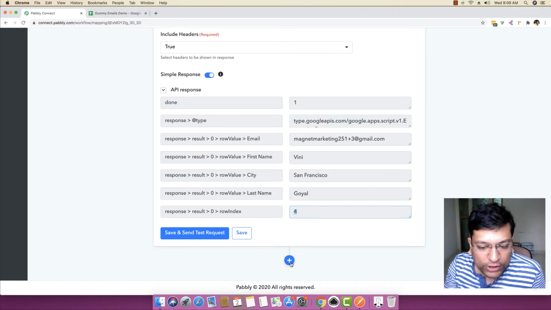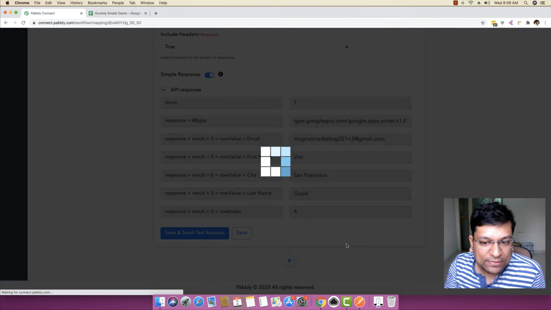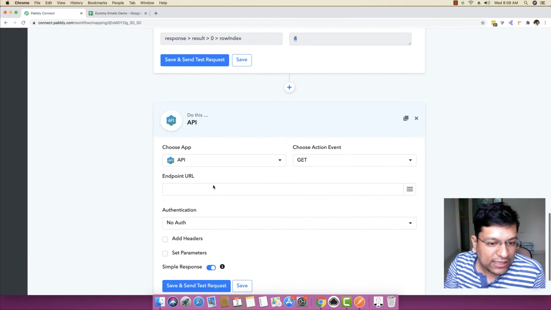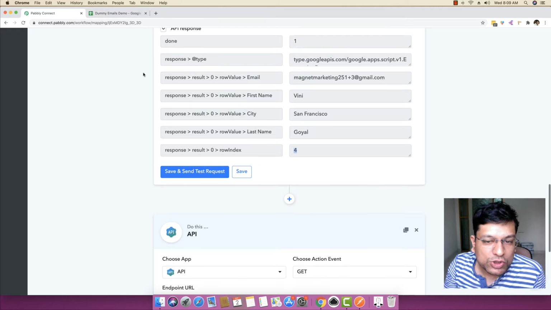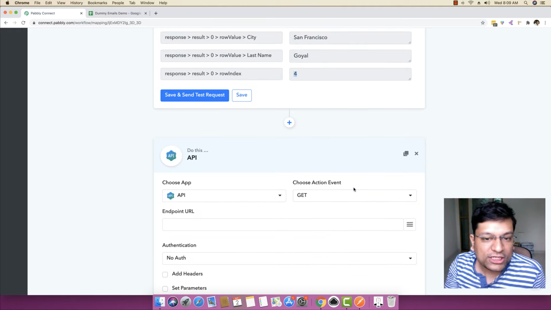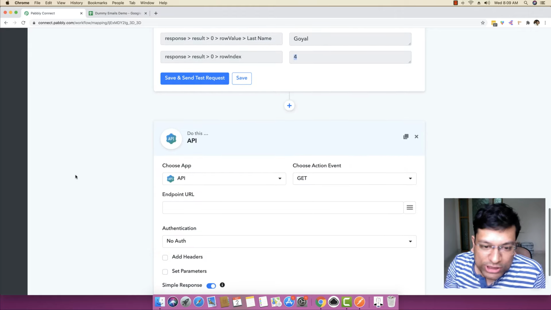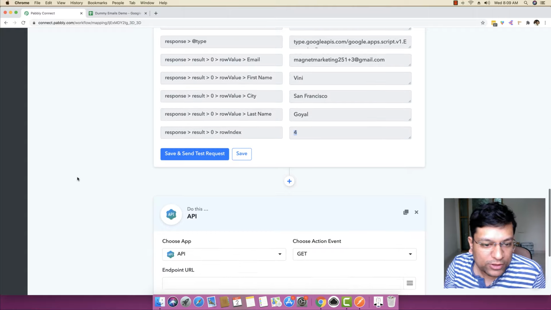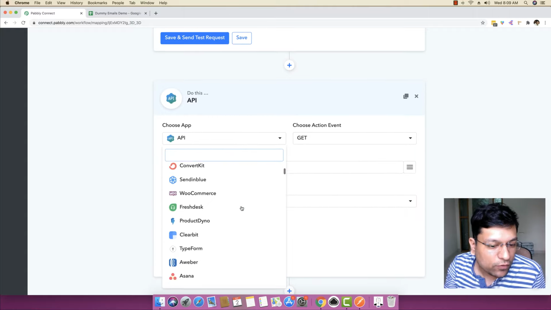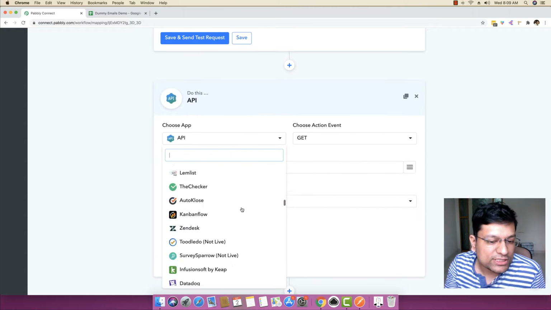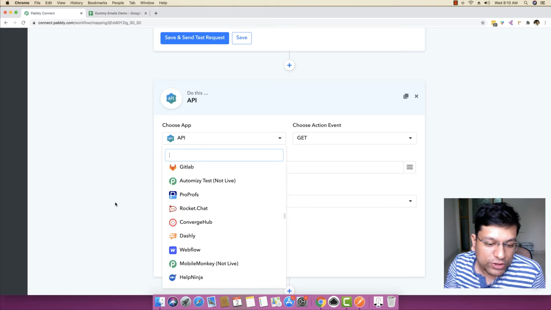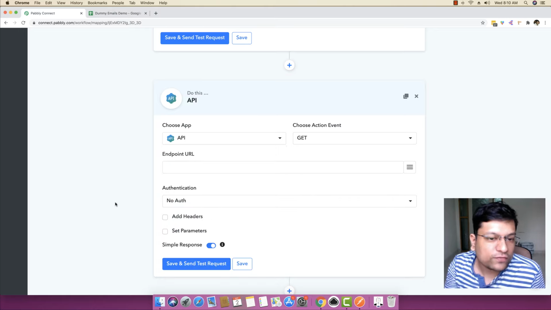And if you really want, you can add a step in the next step. If you want, you can add this searched row inside another Google Sheet. You can send this searched row inside your Gmail. You can send an email using this data, and you can do lots and lots of things using this lookup value. Once the value is looked up, you can do any action that you really want, and there are hundreds of actions available right here, which you can choose from, and you can do lots of things using these actions.